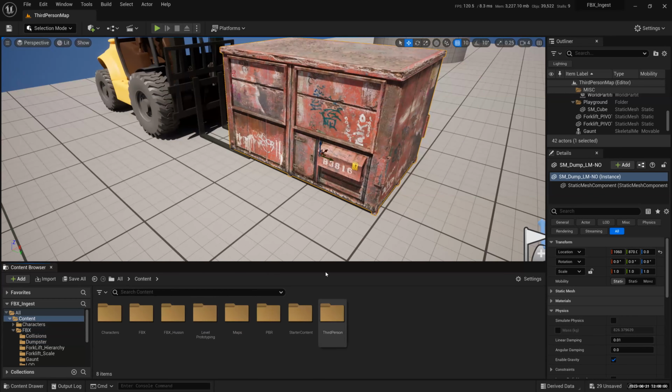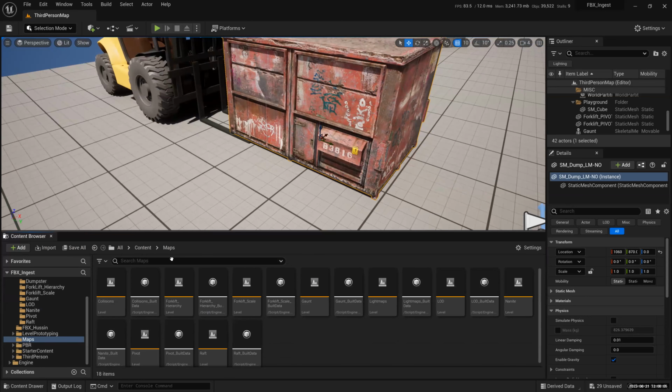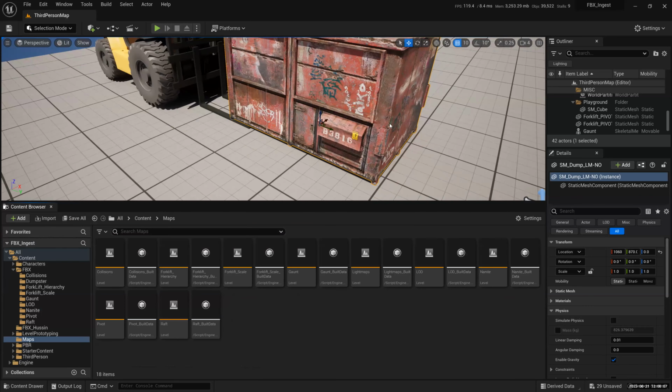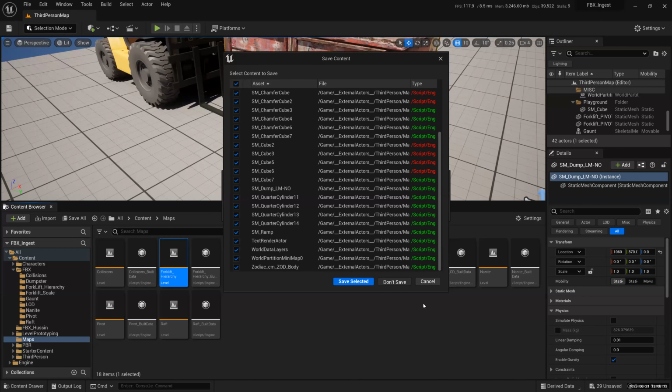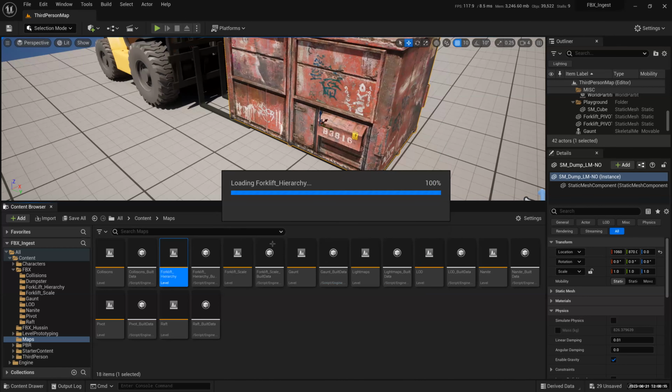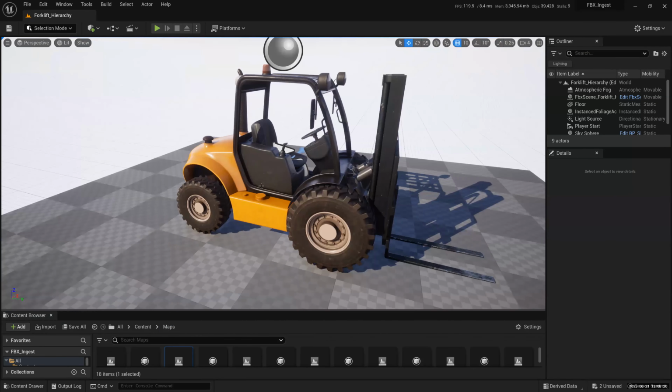maps already. I think these are levels already created for you to go and play with. So if you open up a hierarchy for the forklift, this one, sometimes when you close, it will ask you whether you want to save all this. I've been playing with all this stuff, but I don't want to save it. I said don't save. And then it will open up the other levels for me, right? So this is the forklift with all the materials all done nicely for us.